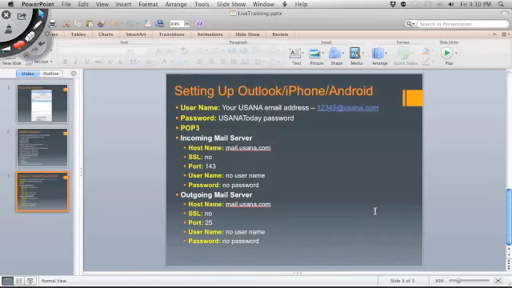You can do that with this mail system. So what you're looking at right here